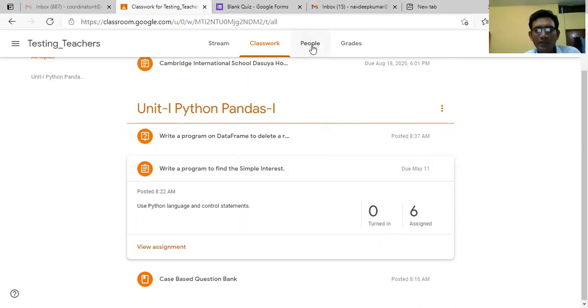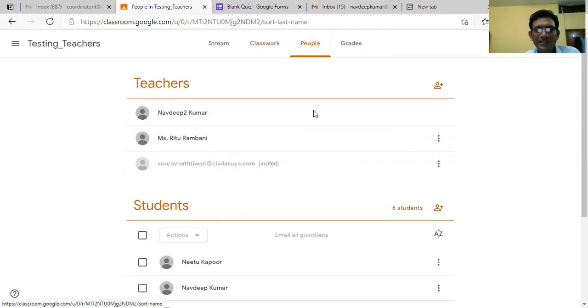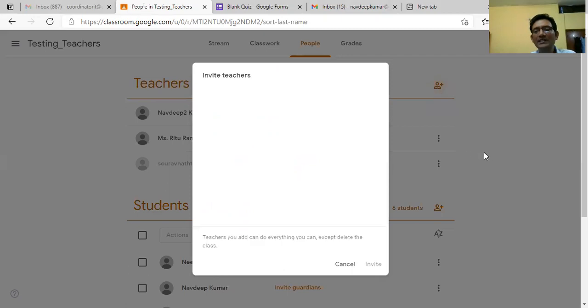Moving to the next tab, friends, this is the people tab, and you will find the list of teachers. You can add teachers also if some of our colleagues want to work in the same class, so we can assign multiple teachers here.